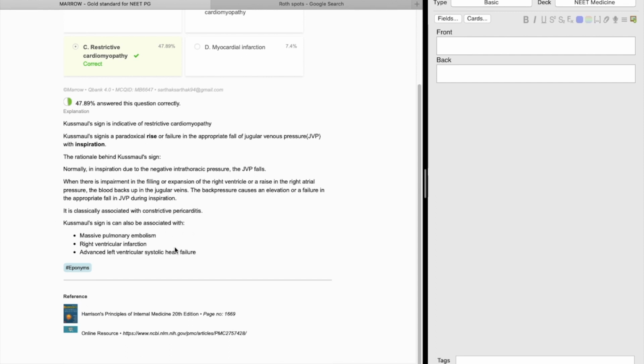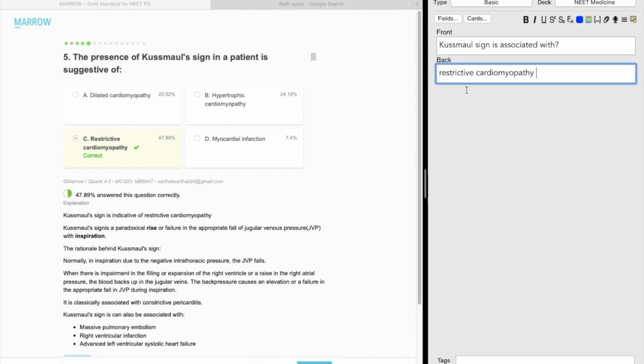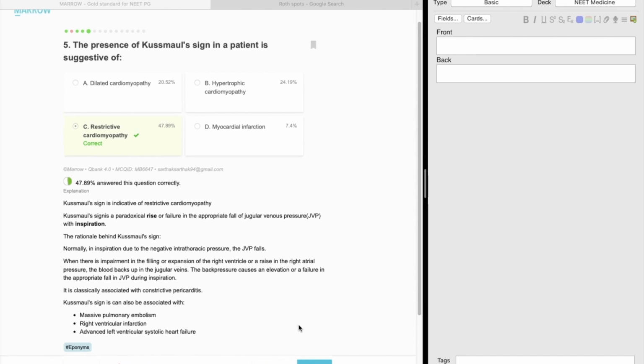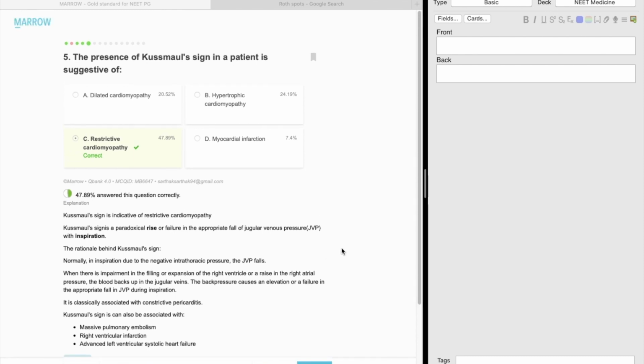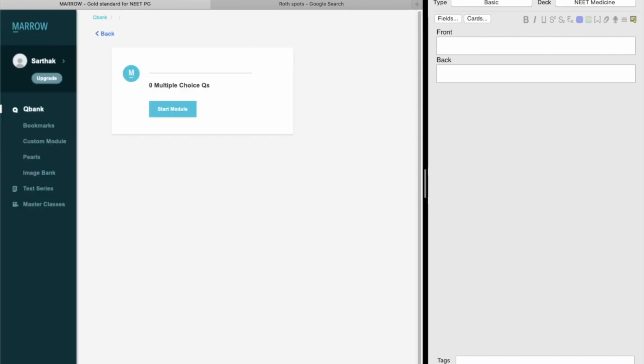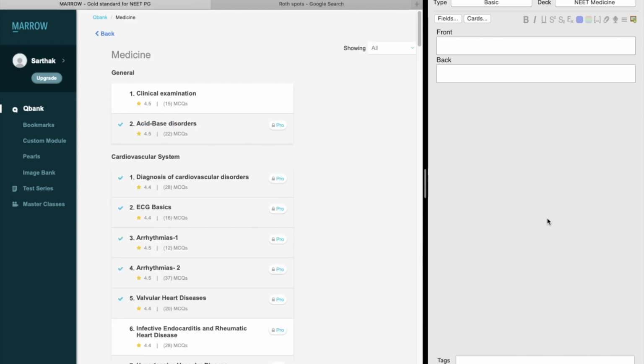This is also an important question. I'll convert it into a basic flashcard. So this way, while you are solving an MCQ module, you can simultaneously add important stuff into your Anki flashcards. Now once you are done with the module, you'll close it